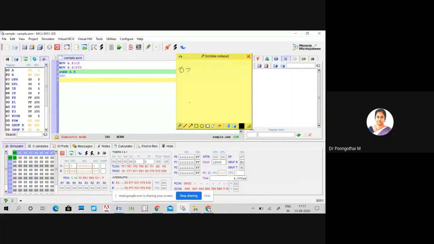So 02 is 0 0 0 0 0 0 1 0. And for FF, we have to take 2's complement. 1 1 1 1 1 1 1 1.